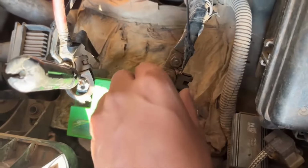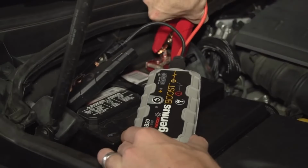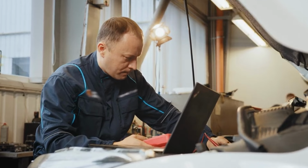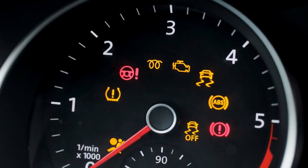Doing this one step removes that extra burden, especially for older or already weakened batteries. Over time, this habit helps your battery hold a stronger charge and reduces wear. Plus, you'll avoid that awkward moment when you try to start the car and it just clicks because your lights